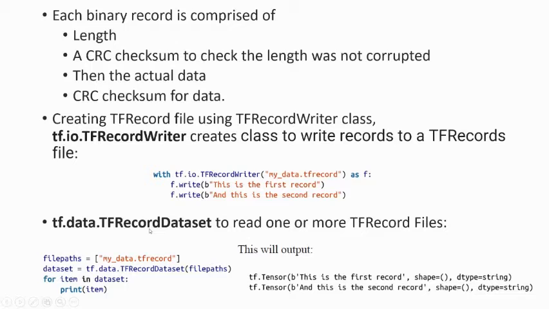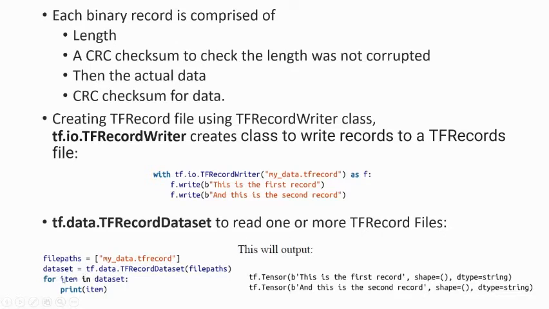And we can read the same data using tf.data.TFRecordDataset. While reading, you can use one or more TF record files. For example, the file that we created earlier using TF record writer, that is mydata.tfrecord, is saved with file paths, and this file path is passed to tf.data.TFRecordDataset.